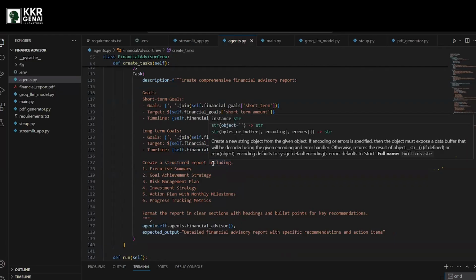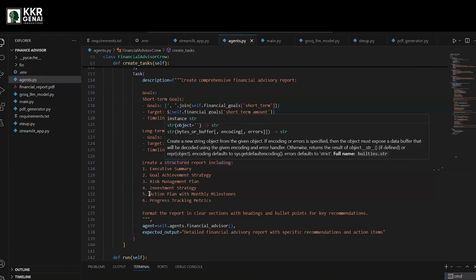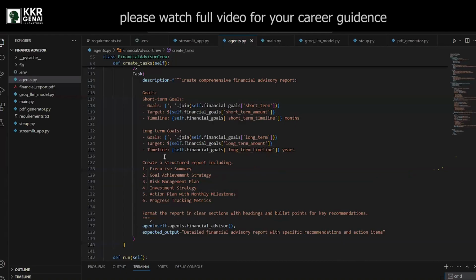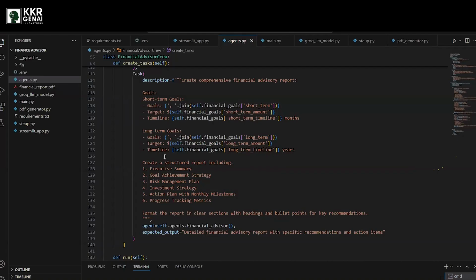Like the common employee will have short term goals, like some vacation or purchasing a car, and also they'll be having long term goals like their children's education or buying a home. For that, this agent has to mainly focus on giving them goal-based strategies, like what strategies they need to follow to achieve a certain goal that has been given by them.